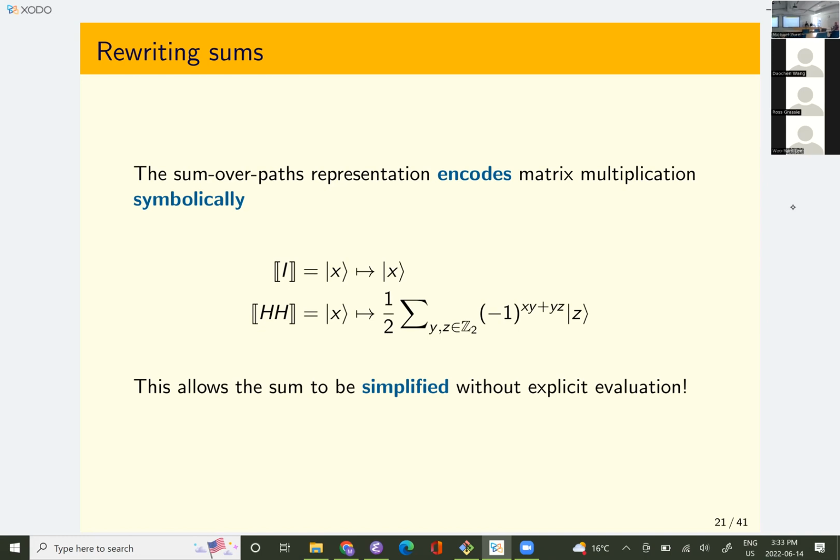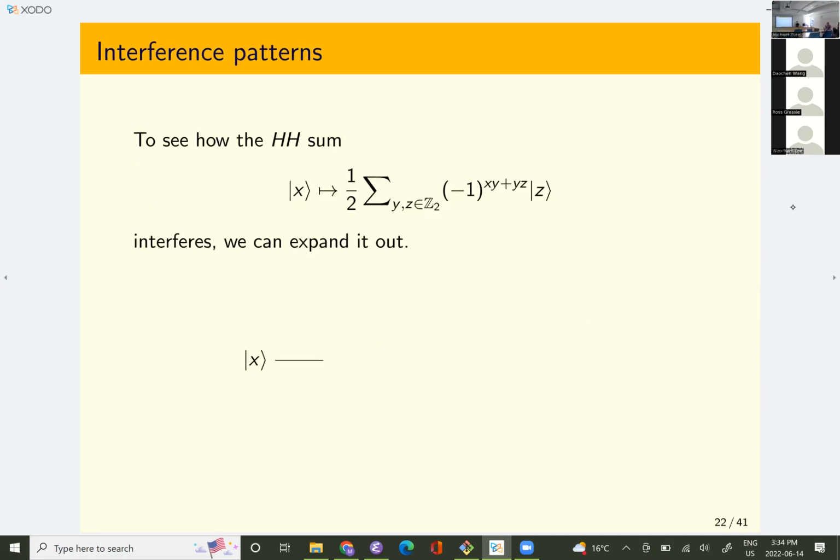Right? So the sum of paths representation of the identity matrix just takes x and maps to x. The sum of paths representation of the HH matrix, which is the same thing as the identity matrix, maps x to this sum over 4 different paths in x, y, y, and z. And we could evaluate the sum, but that would be exponential time, right? But the nice thing is that now we can actually simplify the sum without evaluating. So to see how we can simplify the sum without evaluating it, let's take a look at this HH example, the simplest example of